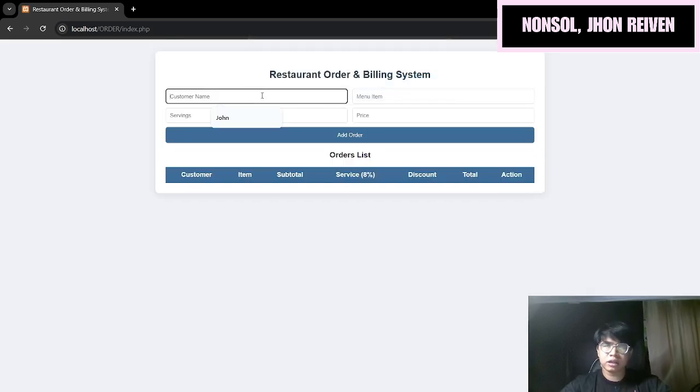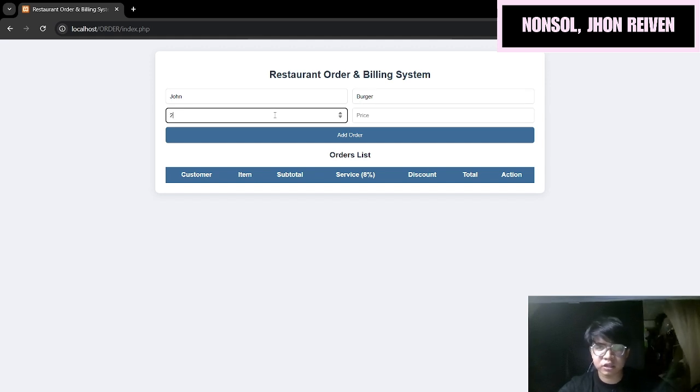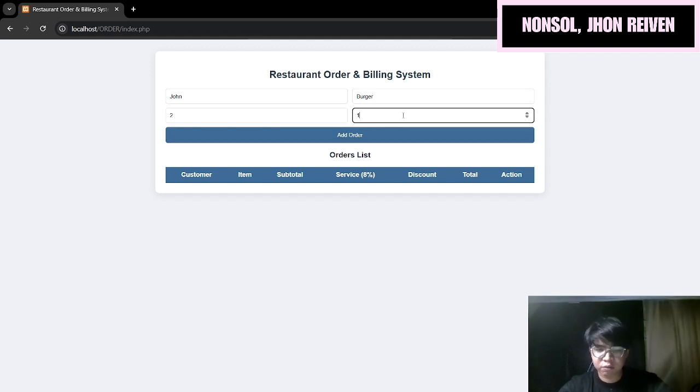Okay. So for now, let's try to add the test cases for our work that were provided in the file. Burger, the servings are 2, and 150. And also let's click the add order.